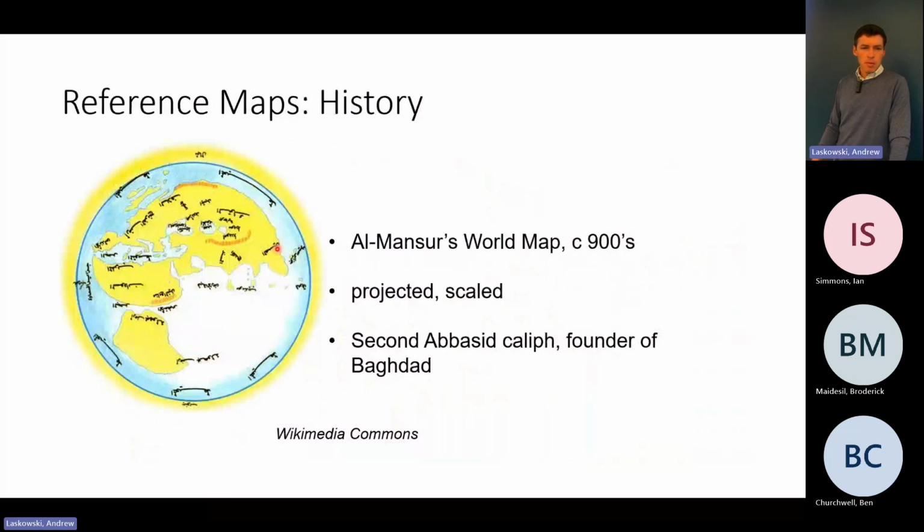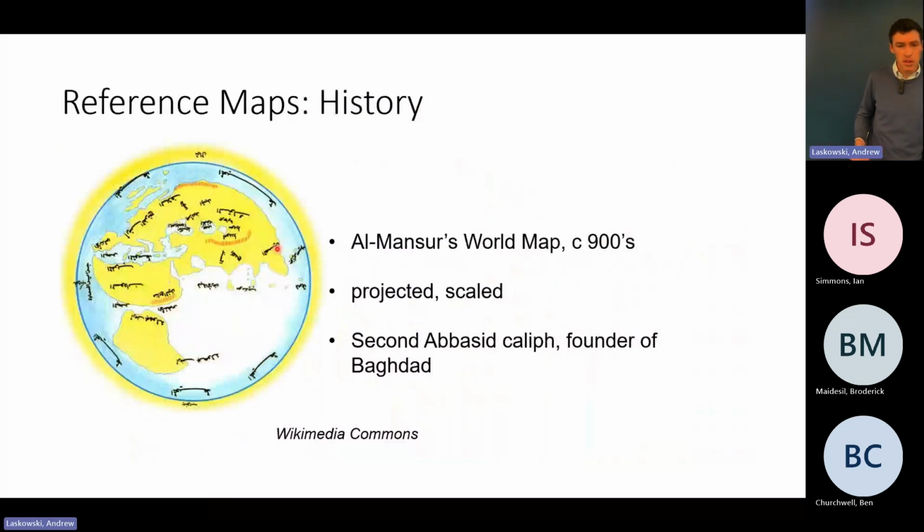Around the same time, we saw some gradual improvement in the 900s. There was someone named Al-Mansur who was the second Abbasid Caliph and the founder of the city of Baghdad, which we all know in modern times, of course. This map actually had a projection associated with it, and the land masses were scaled much more similarly to their actual sizes and shapes. So in terms of who was making the best maps, around this time, 700 to 900,